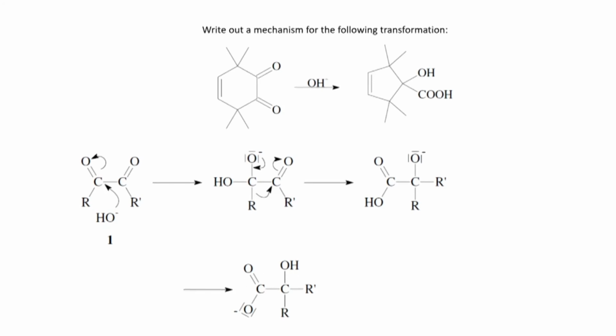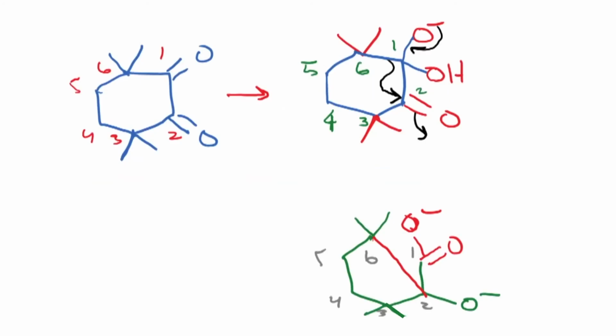So in this particular example, we will go through it in the following manner. Let's number the carbons 1, 2, 3, 4, 5 and 6. Carbon 3 and carbon 6 have dimethyl groups on them. Carbon 1 and carbon 2 have ketones. So the first step is attack of hydroxide. This is the new hydroxide that attacks here. And after hydroxide attacks,